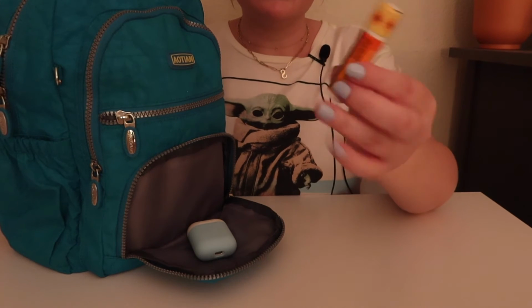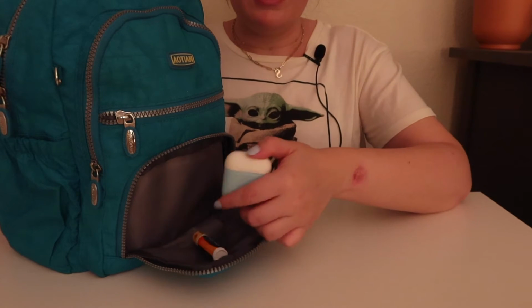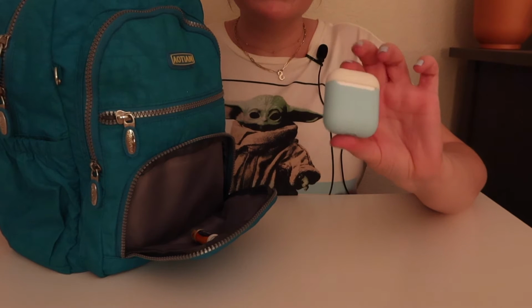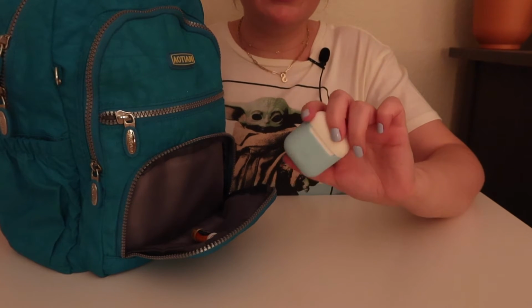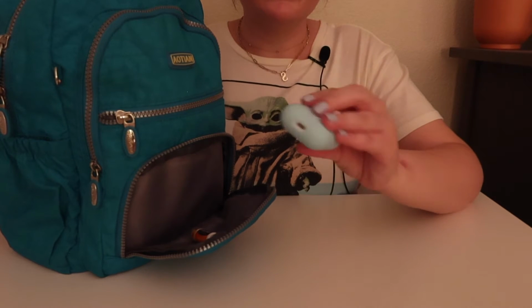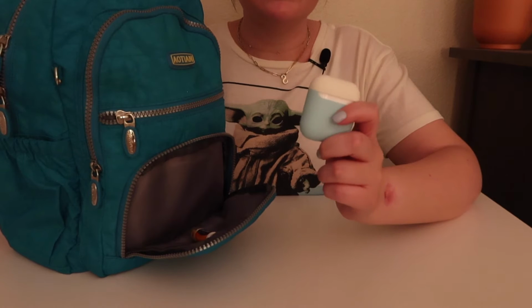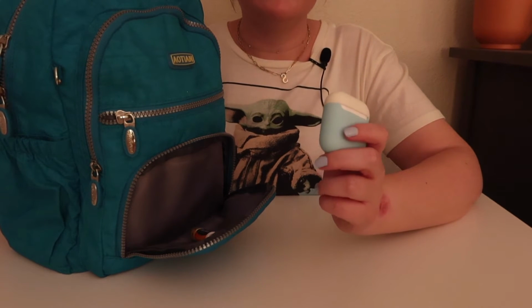Okay, so that's the thing I brought chapstick wise. I also brought my AirPods. There wasn't a whole lot of opportunity to listen to anything, but it's just one of those things where I'd rather have it than not, because you just never know if you're wanting to scroll Instagram while you're waiting